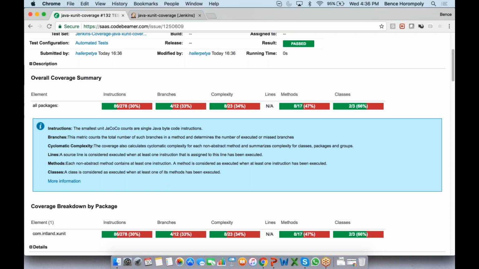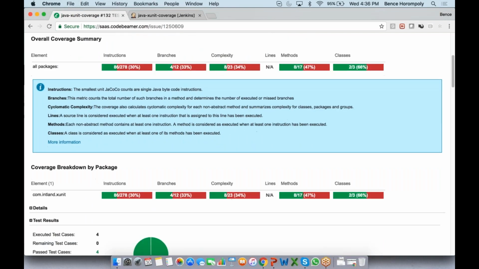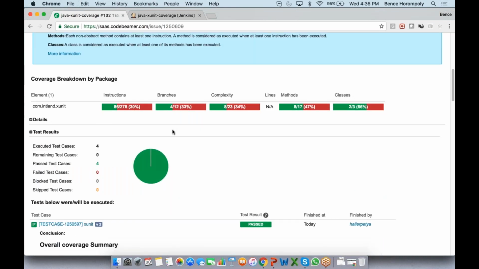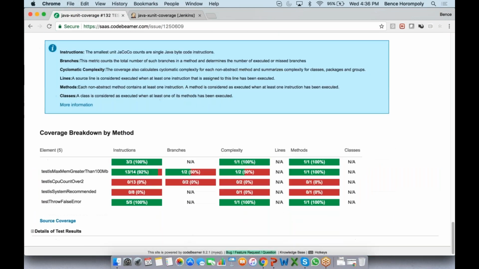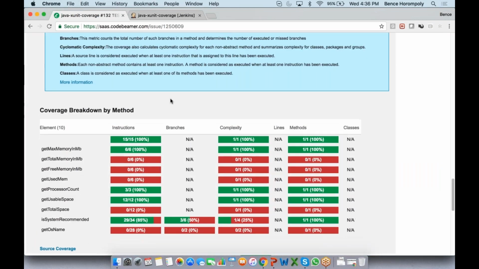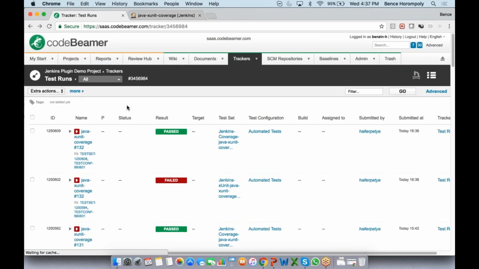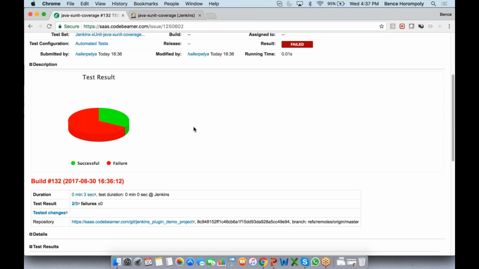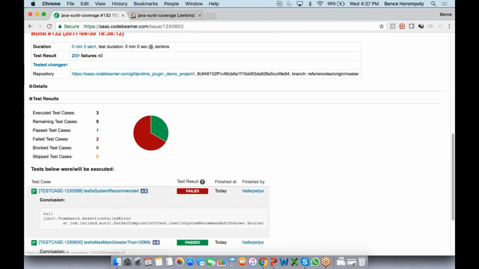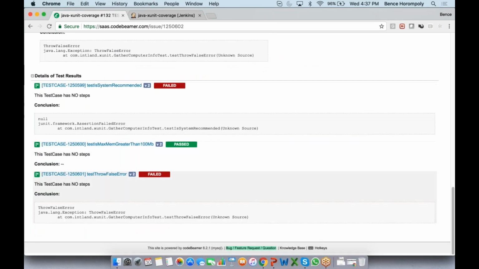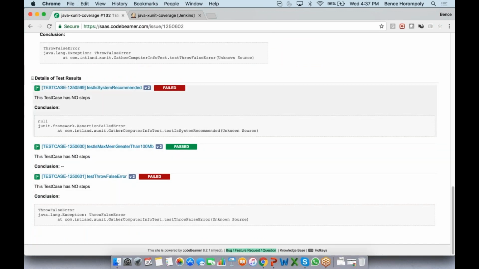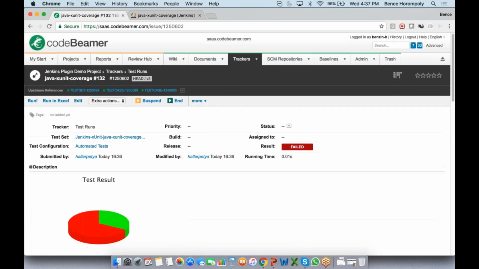So this actually shows you also the overall coverage, the summary, breakdown by package, then the test results all the way down. So yeah, a bunch of information is stored here as well. And then we also have one that just shows the results of these unit tests and the actual details of these results. Conclusion that's been added, whether it's passed or failed, and so on.